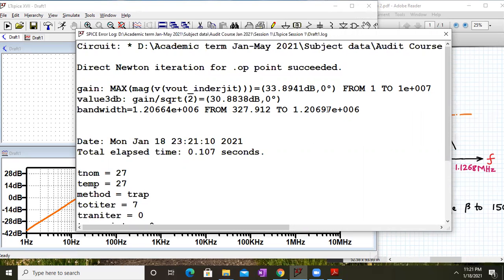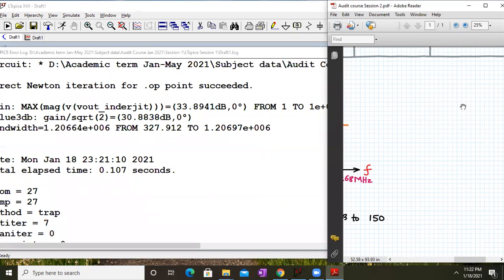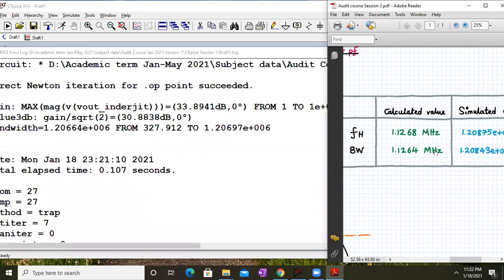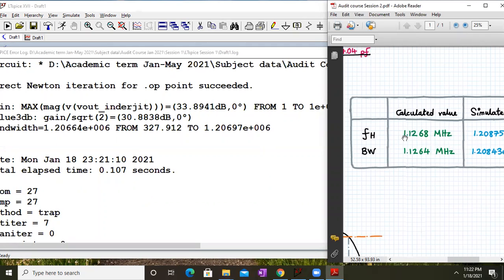It's giving FL and FH also: FL equal to 327.912 hertz and FH equal to 1.20697 megahertz. These are the numbers we are getting, and we can cross check them with the values over here. We were getting calculated values as 1.12868, and bandwidth 1.1264, and here we are getting the simulated value as 1.2066 megahertz for the bandwidth, and 1.2069 megahertz as the FH value.